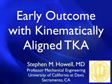My name is Stephen Howell, and I'm a professor of mechanical engineering at UC Davis and orthopedic surgeon. I've been performing kinematically aligned total knee arthroplasty since January of 2006. What I'd like to share with you is the early clinical outcome that I've observed with kinematically aligned total